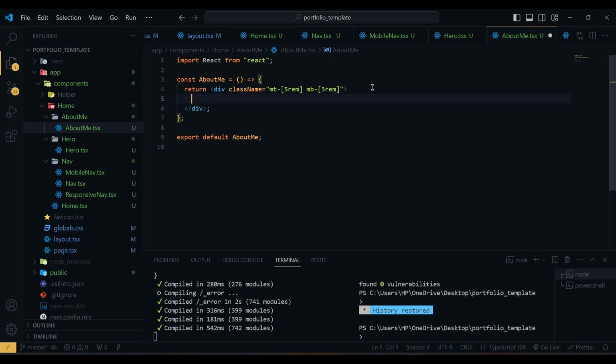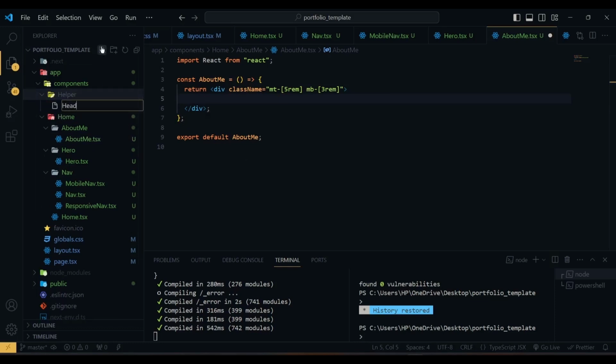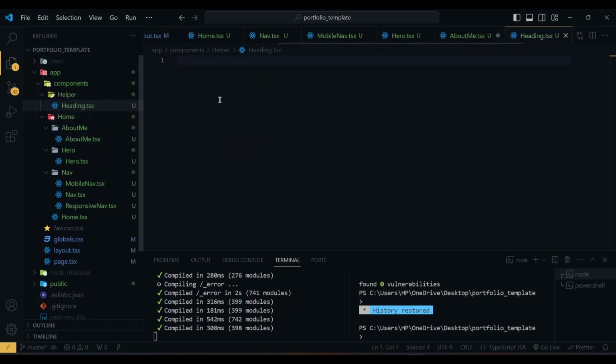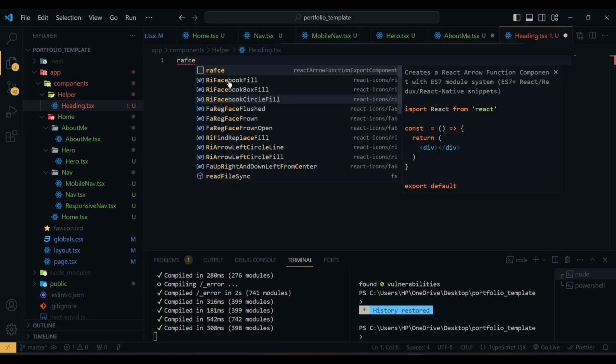For the heading, I'm going to create a reusable component because we are going to use this heading for every section. That's why I'm going to create a component in my helper folder, and I'm going to name it heading.tsx. So here I'm going to create the component boilerplate,